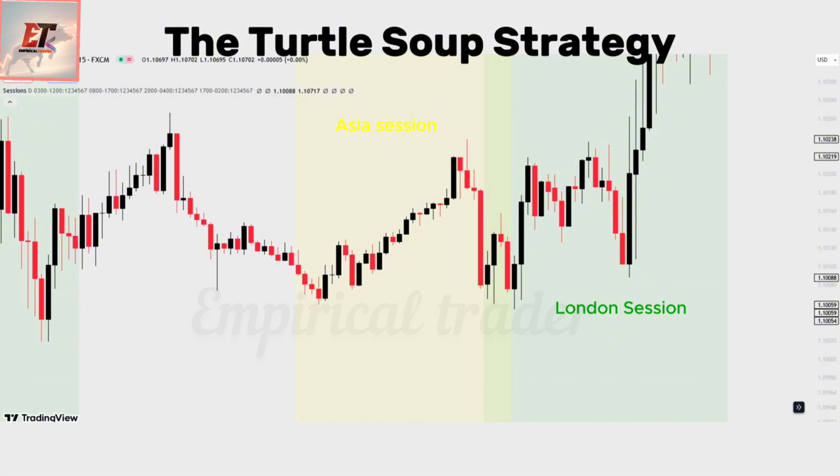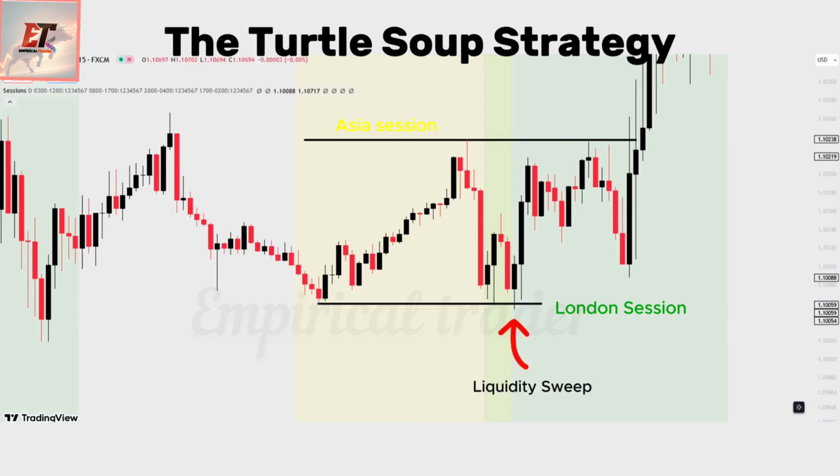You will often see that London takes the maximum high or maximum low of the Asian session, so it takes the liquidity from those levels, and reverts the trend into the opposite side. And if we apply the turtle soup strategy on the Asian session using this knowledge, we identify and mark the Asia session high and the Asia session low, and we can see how inside the London session, the price first